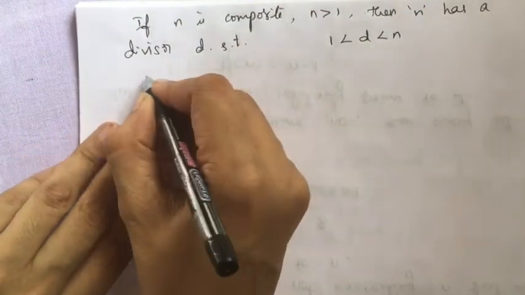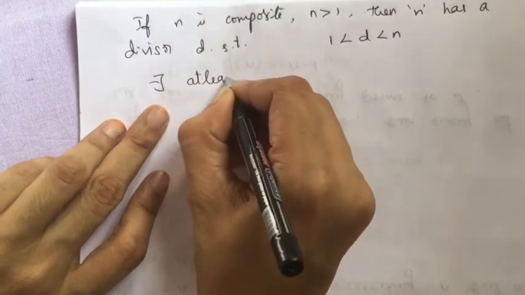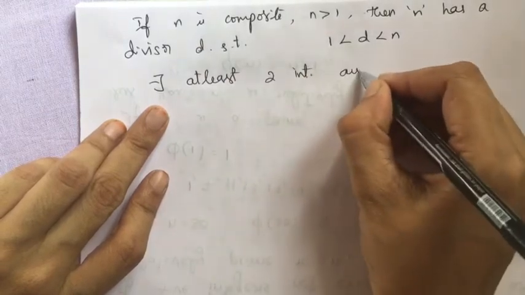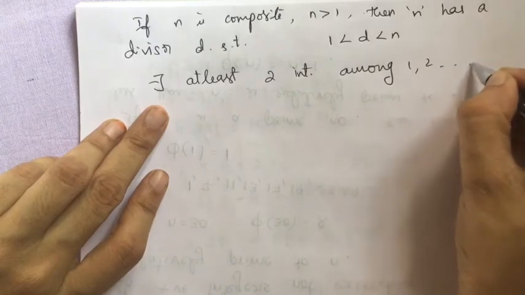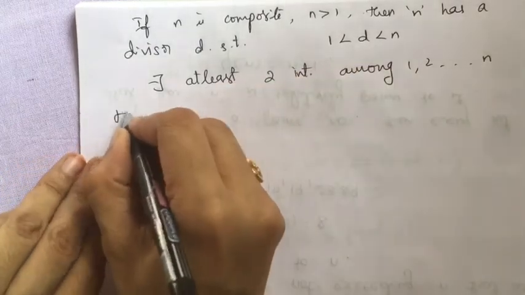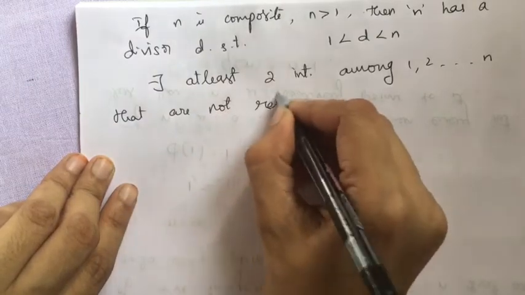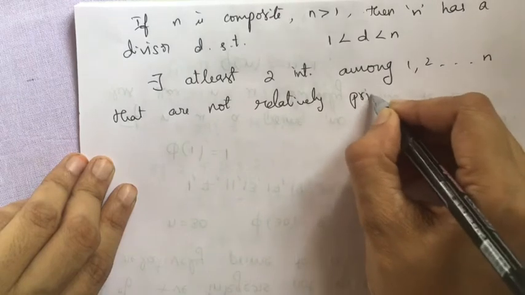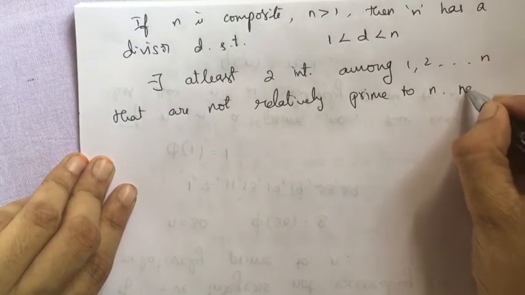So I can write, there exist at least 2 integers among 1, 2 up to n that are not relatively prime to n, namely